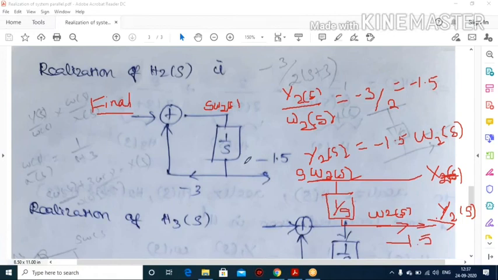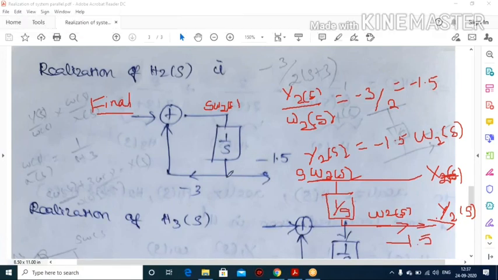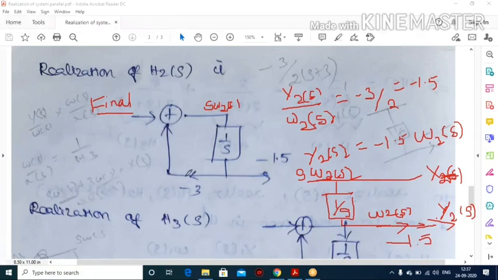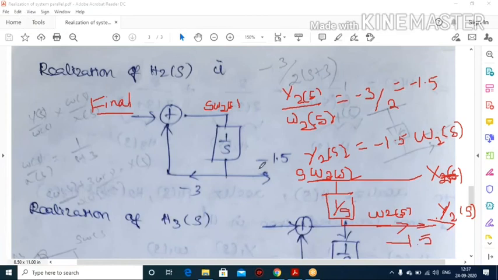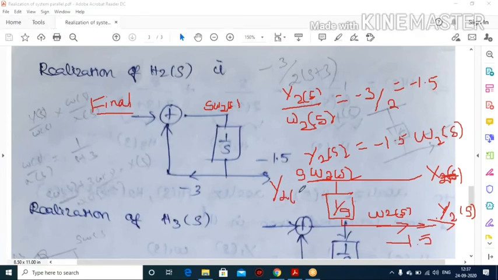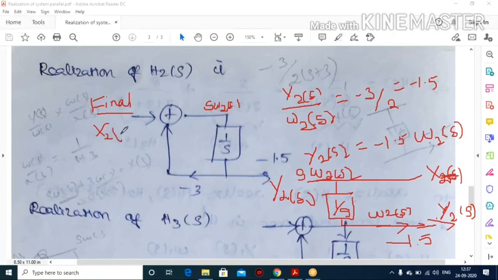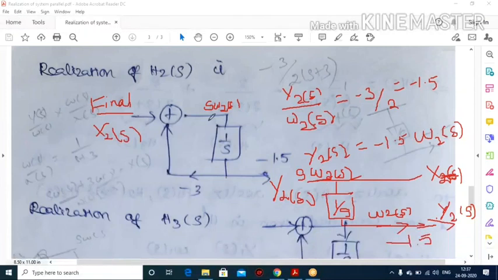So here we have two integrator blocks available. So instead of this, I take only one integrator block. In this portion, I just split into two sides. Left hand side, what do you get? Already you put -3 here. Right hand side here you have the constant matrix minus 1.5, so I put here minus 1.5. So here this is your output portion. So finally you write down this one is x2 of s, and this one is y2 of s, because this is the actual input, this is the actual output. Am I clear?